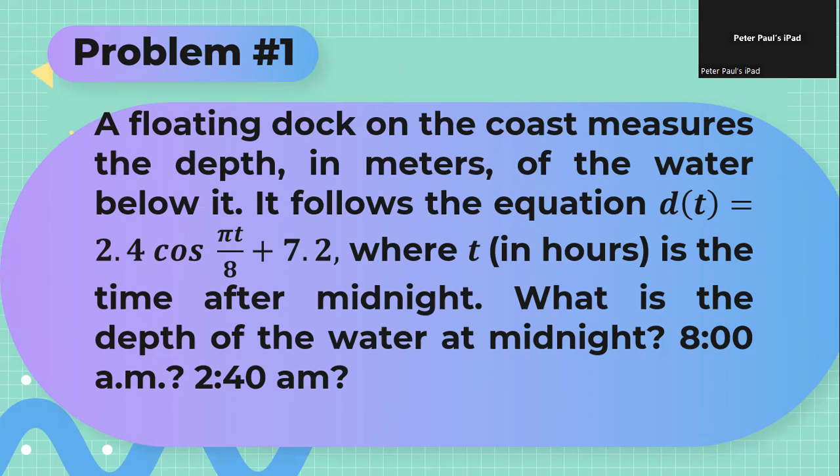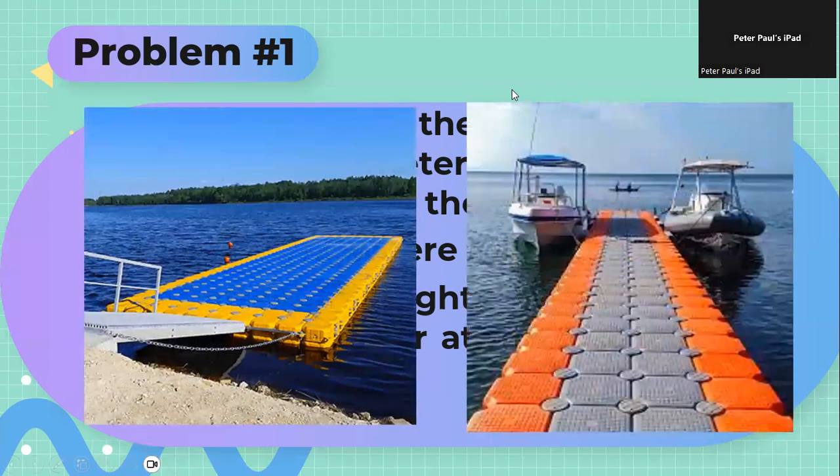So, we count the time after midnight. When it is midnight, it means our time is 0. When it is 8 a.m., it means 8 hours have passed after midnight. And at 2:40 a.m., almost 2 hours and 40 minutes have passed. So, this is just a substitution technique. When you solve using this, your calculator needs to be in radian measure. So, that is what our floating dock looks like